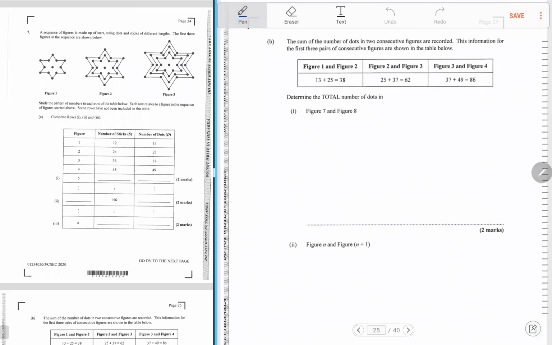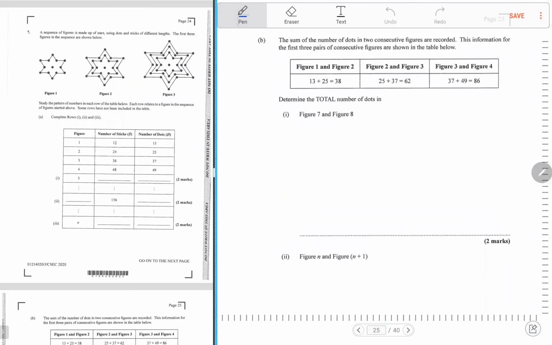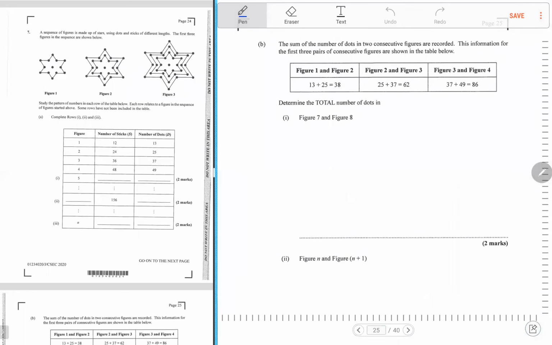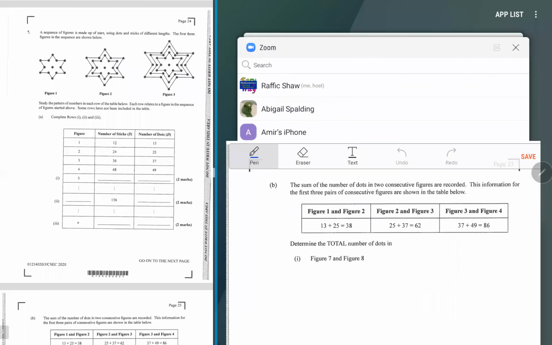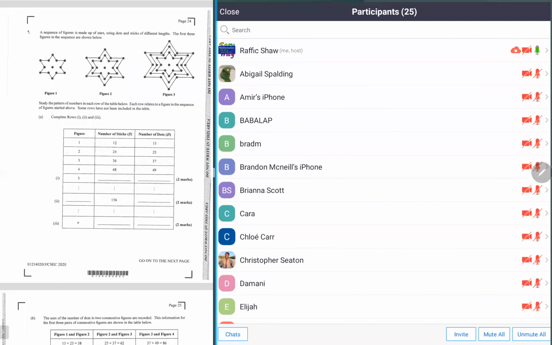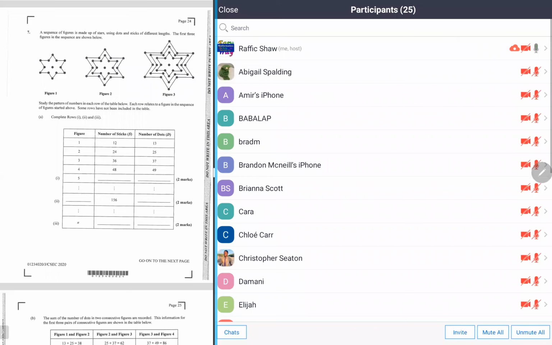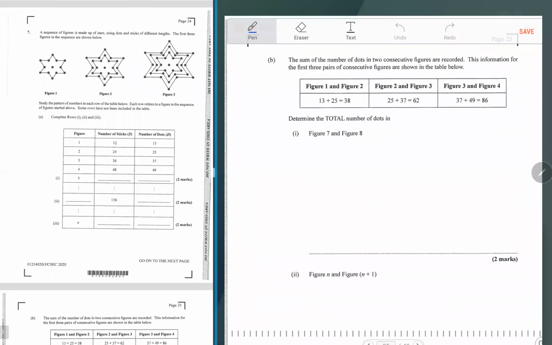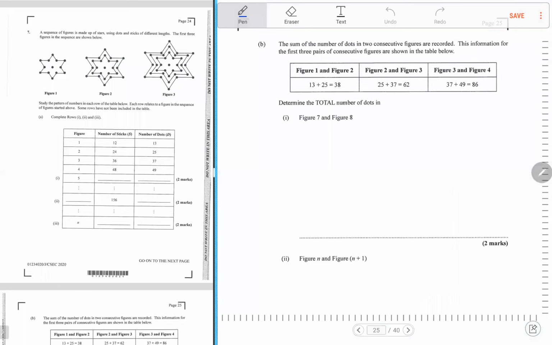All right, let's look at part B now. So part B says the sum of the number. Hold on, I'm checking something with the recording. Hold on a second. Okay, it's still recording. All right, good. Don't know how long to record for. Anyway, it says